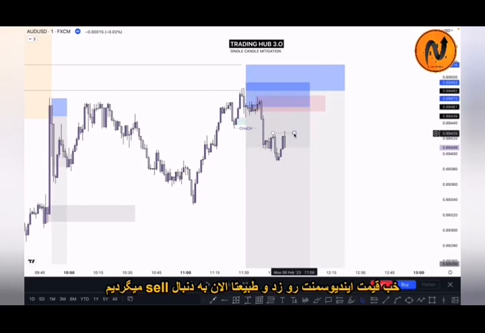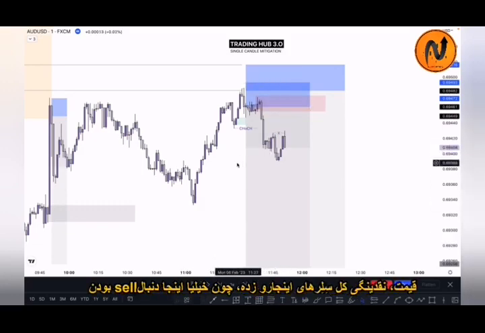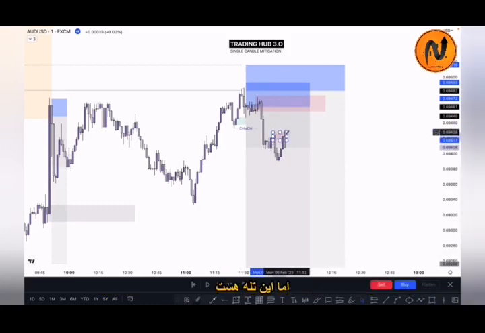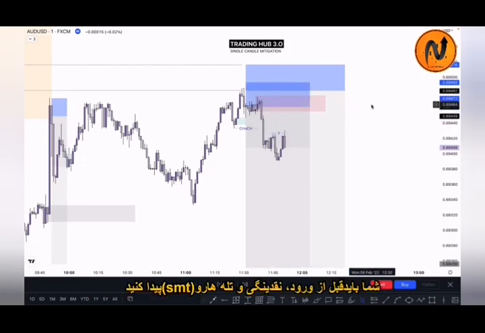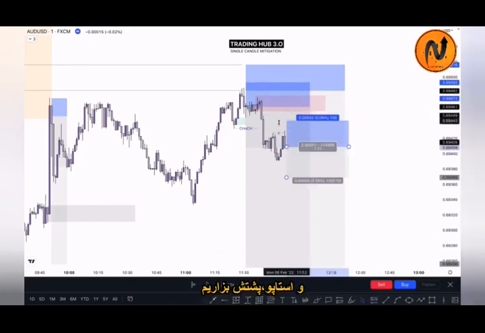Okay, so the market took out this inducement. So once the market takes out the inducement, probably we are looking here for a sell. Why? Because the main thing, taking out the liquidity, is already done, because a lot of smart money traders are willing to sell here on this order block, and this one is our SMT. You have to identify liquidity, you have to identify SMT before the entry. So in this scenario, we can sell here at this point on the next candle open and put the stop loss